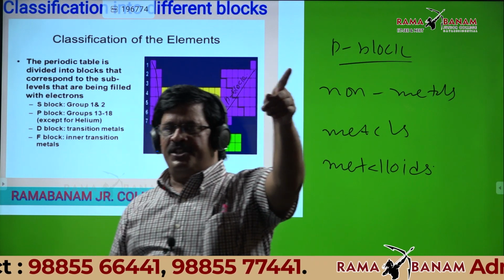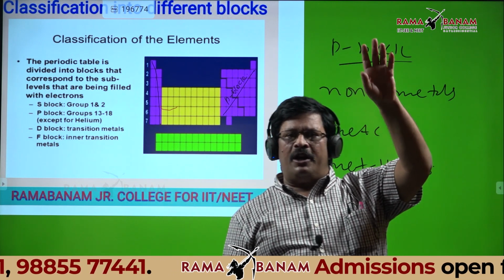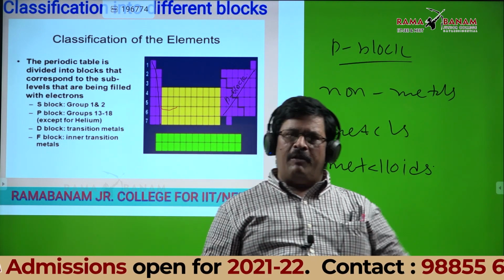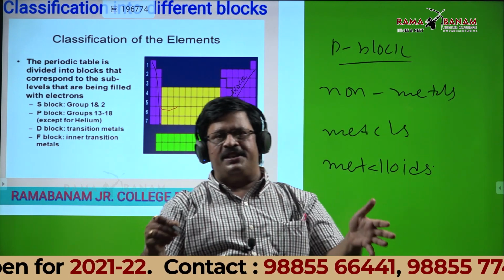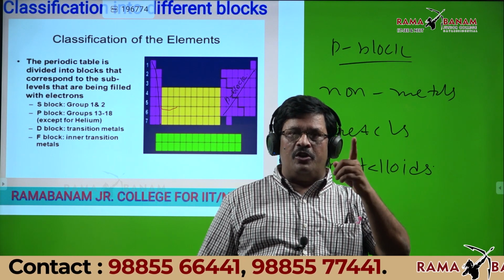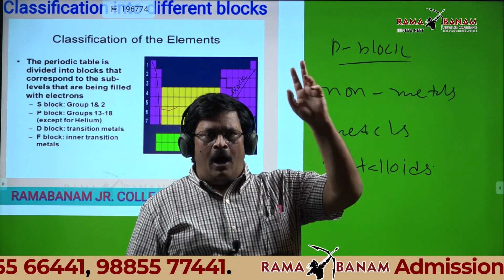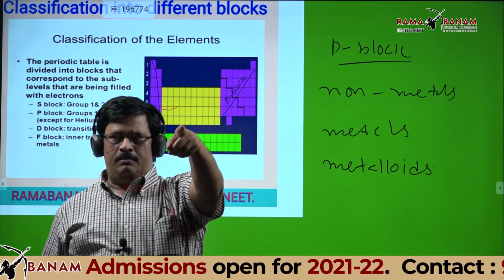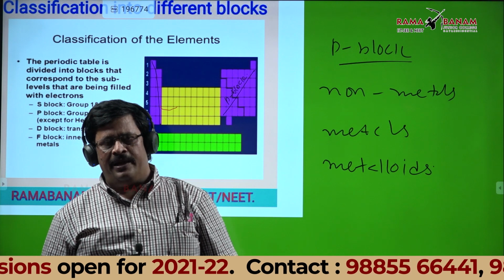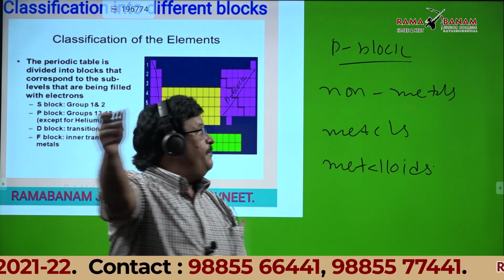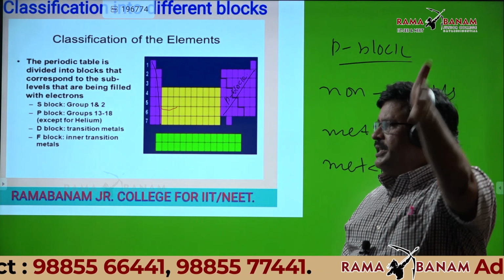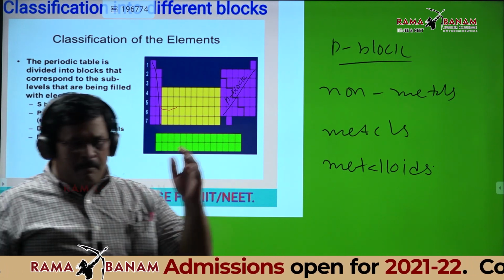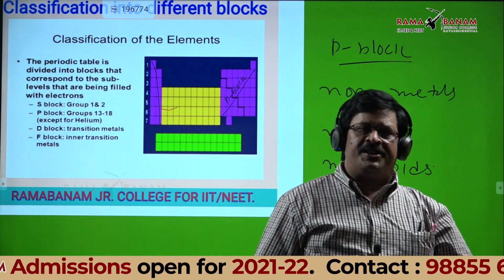One thing, listen students. All P block elements are not non-metals, but all non-metals are present in the P block. Forget about hydrogen; its position is still uncertain. You should know the difference between these 2 points. Okay, now? Right. Write this point: the P block contains metals, non-metals and metalloids.